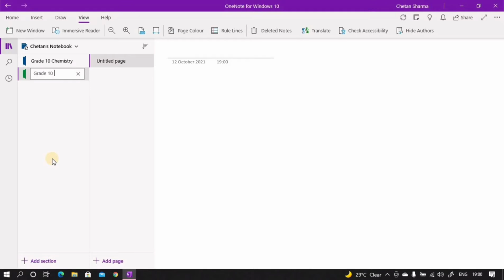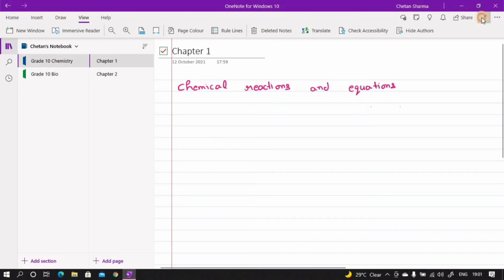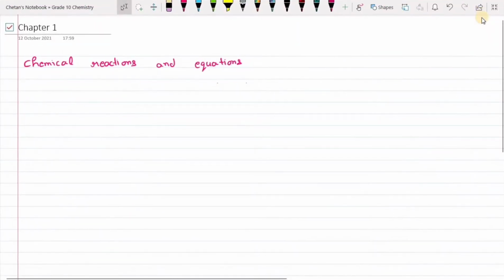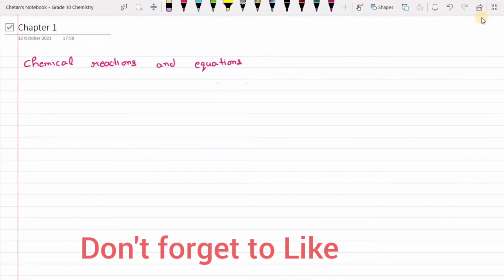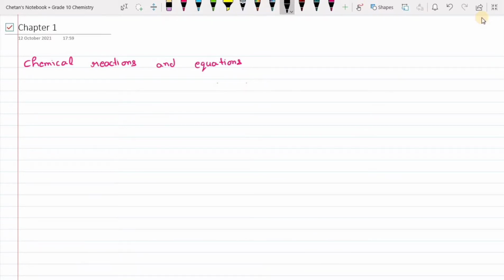So now we'll come to the main area, how we can start writing the notes. Let me enlarge this. Here we can see that we have options for taking or writing the notes. Here I'm using a graphic pen tablet, by which I can take handwritten notes. For handwritten notes, we have plenty of options. We have colorful pens, we also have an eraser option, and we can choose any of them. Here I'm using different types of pens for writing the notes. These notes are only for demo purposes, don't take them seriously.